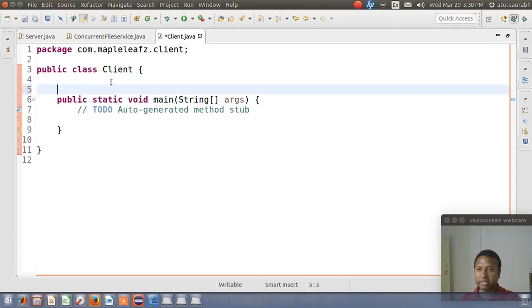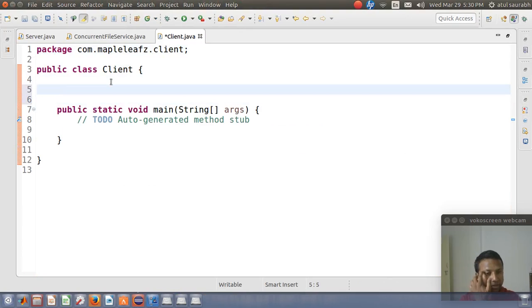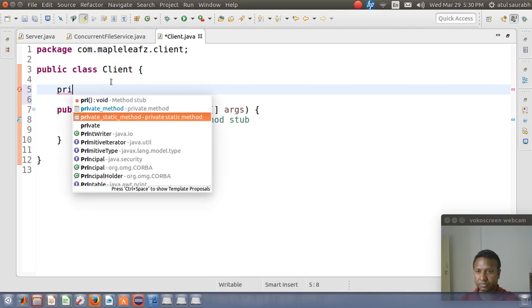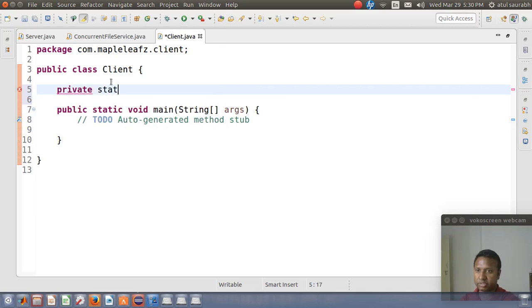Now here I need to specify the directory where the client will store the file, so private static final.